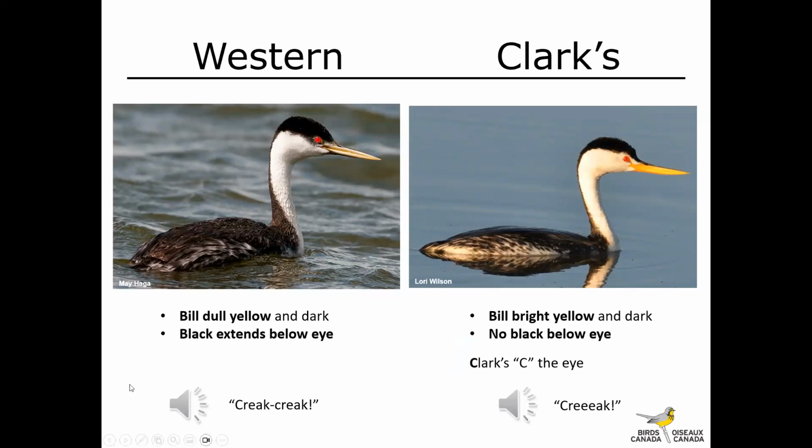And the calls are a little bit different. Creak, creak, more two-parted, rusty gate hinge for the Western, versus the more just...